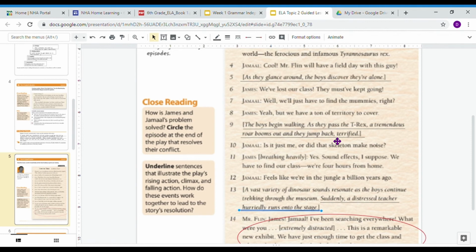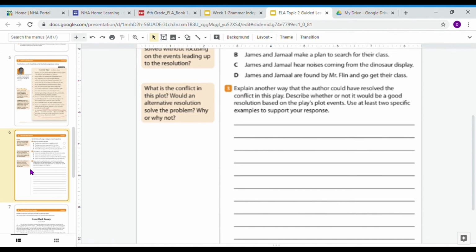So our problem got solved because Mr. Flynn found them. And the falling action is going to be what happened right before that, and that's going to be that teacher came into the room. So that's where our falling action is. So now that we've kind of done a lot of this hard work here, let's look at our next page